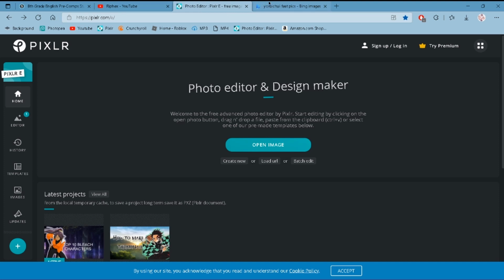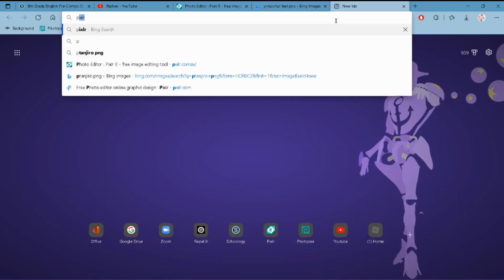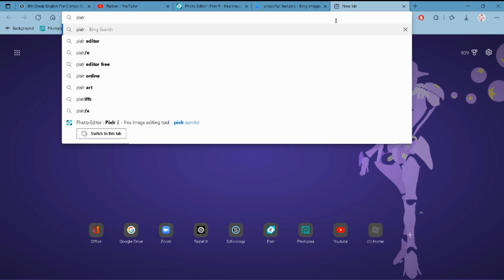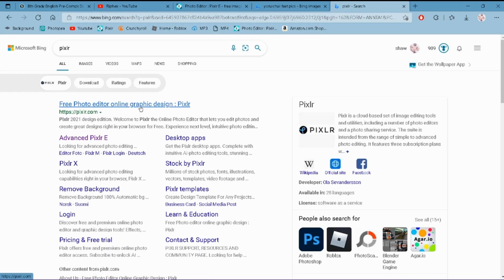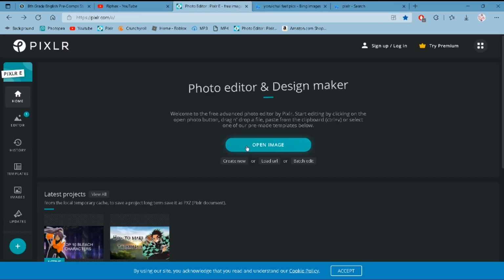First thing I'm gonna do is go to this website called Pixar. Okay, so you're just gonna type in Pixar, and you're gonna want to click the first link. I'll also put it in the description. And you want to go to Pixar E. Oh my god, it's taking forever to load, so we'll just go over here. Oh my god, never mind. Okay, so once we're at the website here, make sure it's Pixar E. You're gonna press create new,